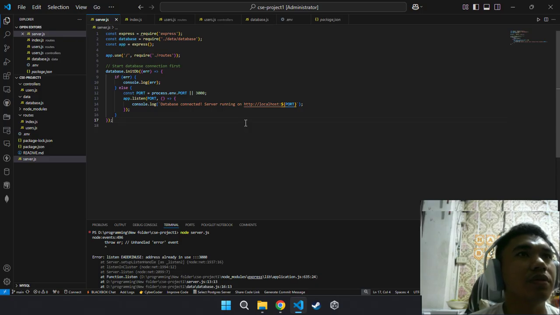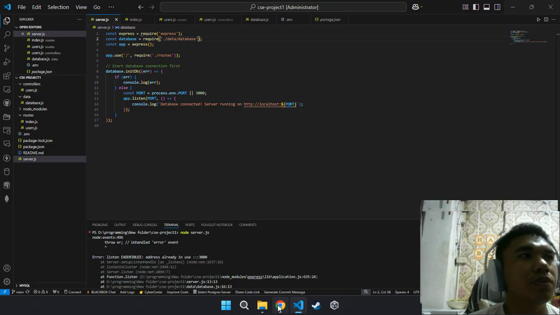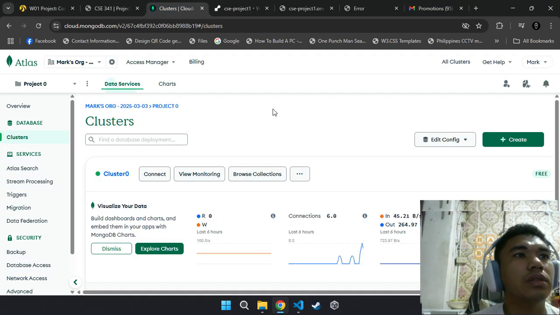And here at the configuration on the server, this is my local host, 3000, and my database connected to MVC, here at the clusters.